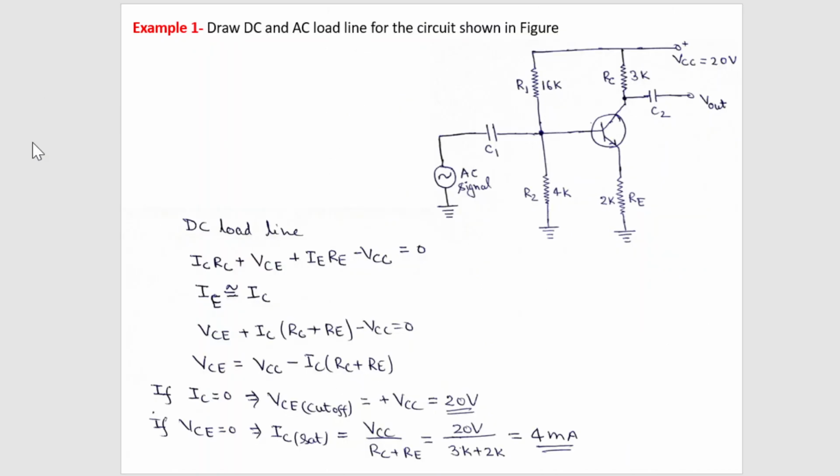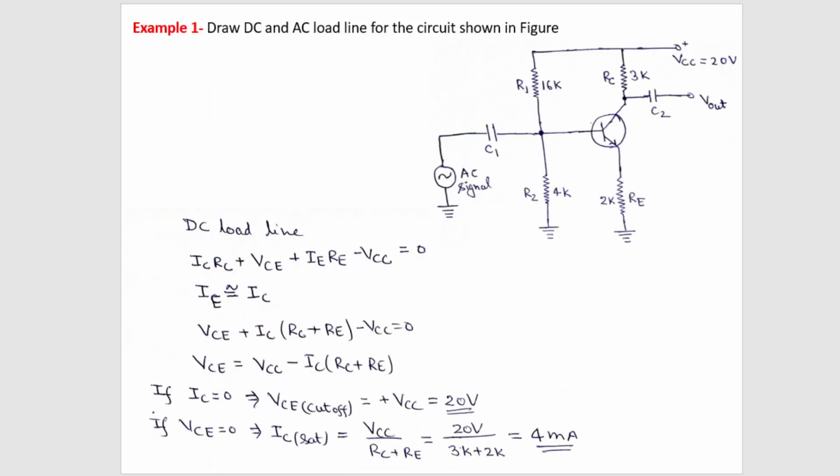If you remember, in this numerical problem it is 3 kilo ohm, 2 kilo ohm, 16 kilo ohm, 4 kilo ohm, 20 volt. So that is the same. And here 6 kilo ohm, I have applied another resistance at the output. That is the difference. So this will create only the difference in AC load resistance. Otherwise, the problem will remain same.